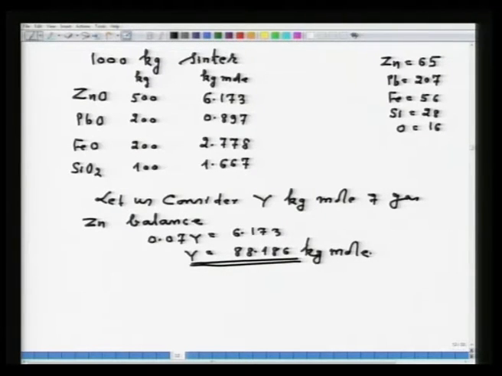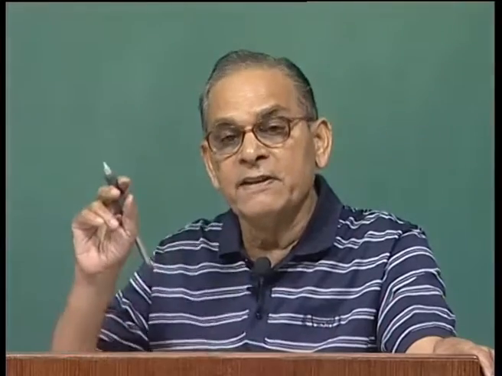Mind you, this is not the exit gas. By exit gas I mean the gas leaving the condenser. It is the amount of gas that is forming above the hearth level due to reduction of ZnO and PbO. So, that is the important thing here. Now, we are also given that the CO2 to CO ratio is 0.5. Now, we can write down the reduction equation by considering that CO2 upon CO ratio, whatever is given, that reduction equation satisfies. So, from that we can proceed to calculate something.